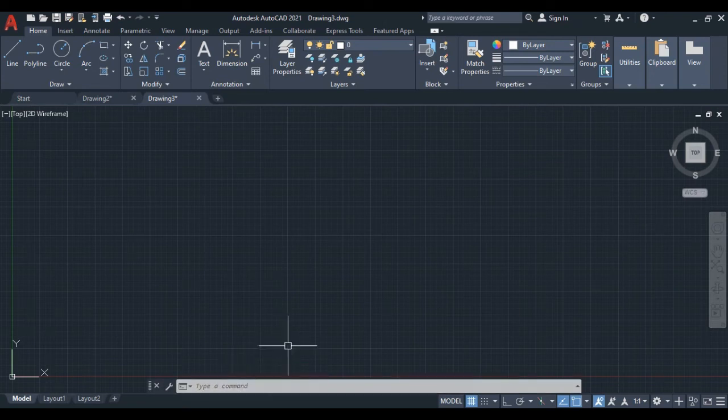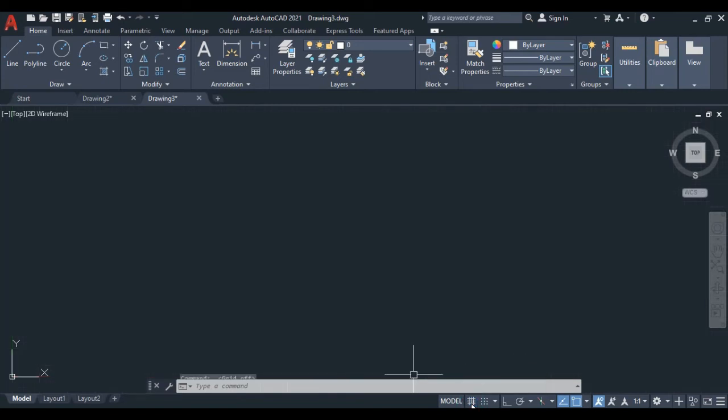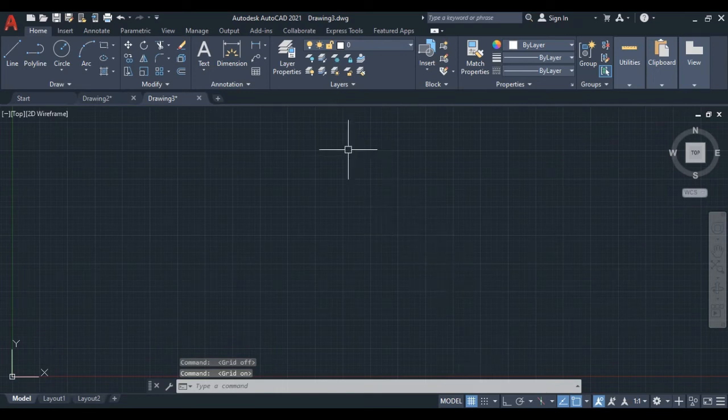Now here you will get these toggle keys. These are all called toggle keys. So here this is the grid mode. If you click here, let's see the changes on your drawing sheet. If I click here, you will get the totally deep background. If you turn on this grid mode, then you will see this lining on your screen, which is called the grid. Now here we got snap mode.